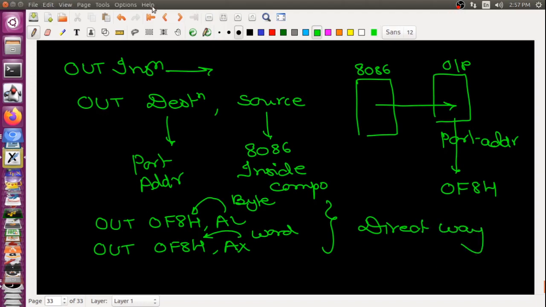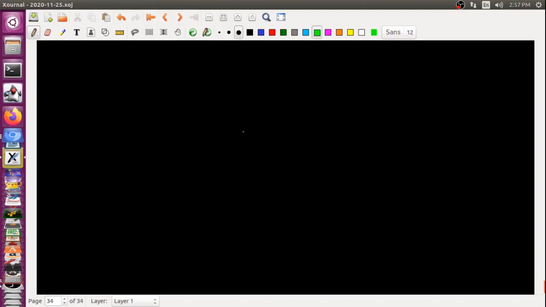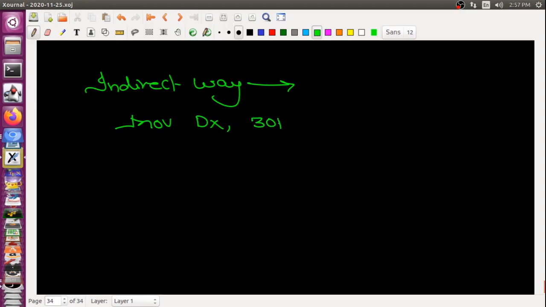If I go to the indirect way, I can write MOV DX, 0F0H. Now writing OUT, just tell me what the syntax was for that.